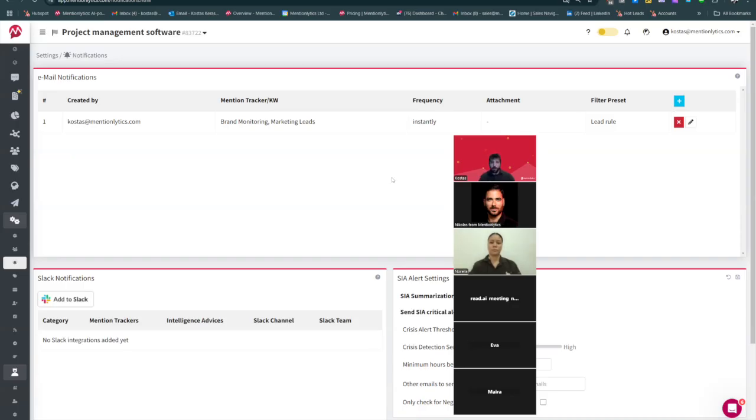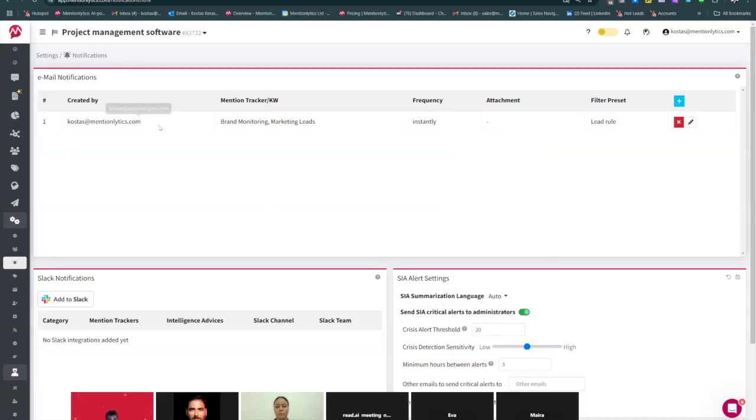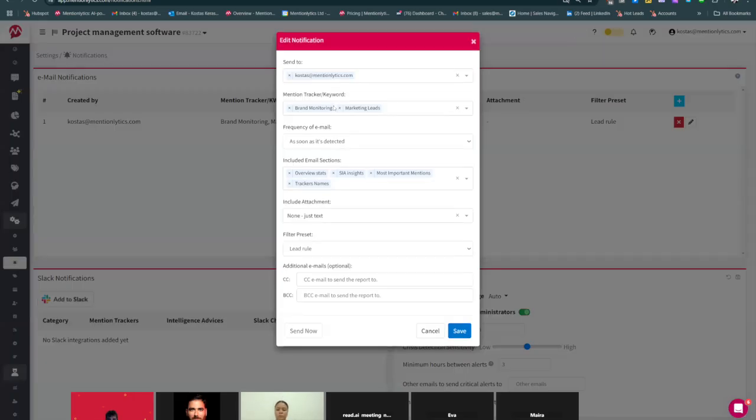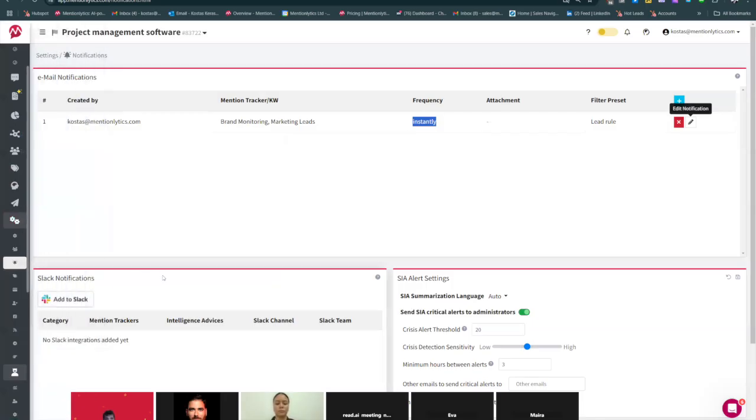However, for a low investment product, something that somebody can buy instantly, it's much better to get notifications right away. So I have put this email notification here that says I want to receive in my email instantly. It's very easy to do. Again, we select what we want to receive. I want to receive a notification straight away as soon as it's detected, for everything that falls under the lead rule. So anytime a new lead appears, I want to receive an email notification, and I want to be the first to see this kind of discussion. So this is a very efficient way for us to be able to identify this lead.